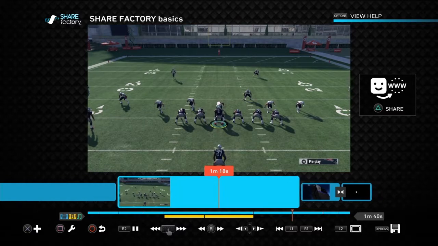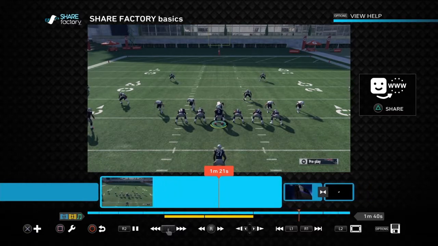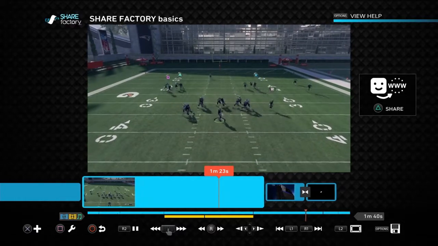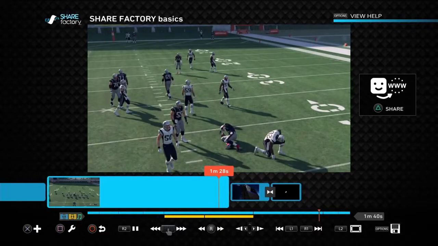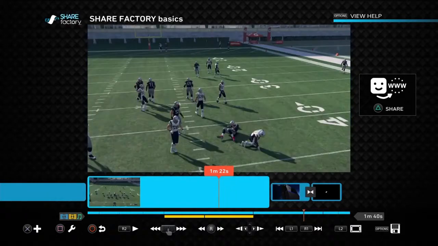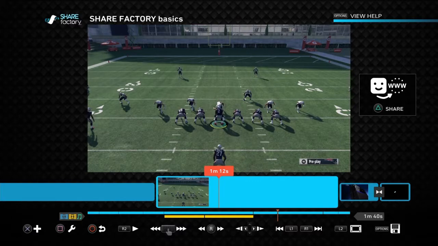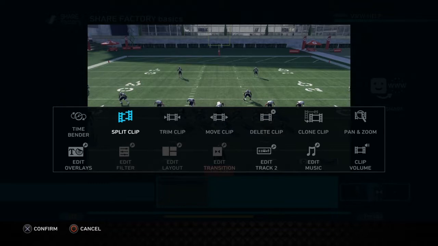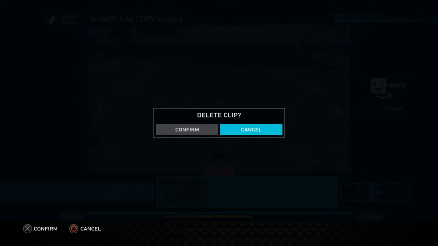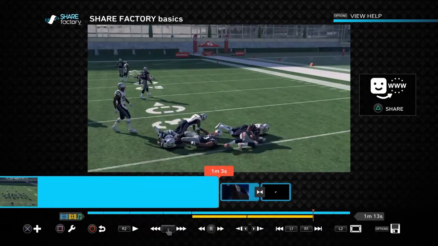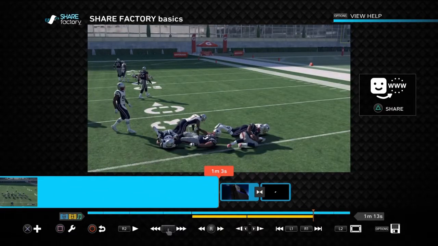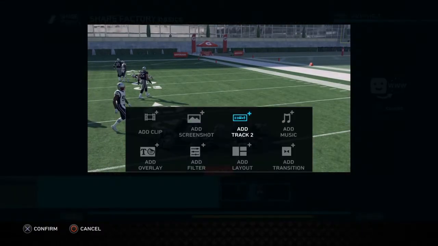Okay, so what we're showing here right now is just a video clip that we realized that maybe we weren't happy with and that we wanted maybe to add something else. So what we decided was, wow, we really don't like this third clip, so we got to get something else in there that is more suitable. So what we do is hit X, and then we're going to go over to delete clip, and then we're going to confirm to delete that, and then we're going to go right to the spot where we want to put a new clip,